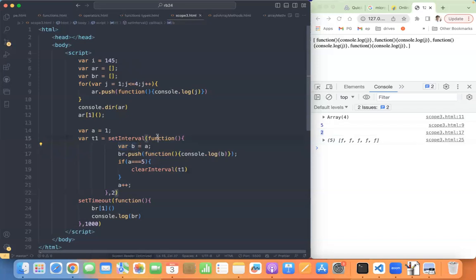Its parent function, its outer function. Does the outer function have a variable or not? What is the variable? b. That value will be bound with this function under closure scope. And what is the value of that b? First time 1, because the a value by that time was 1. So 1 will be assigned to b, and that b will be bound to this function.